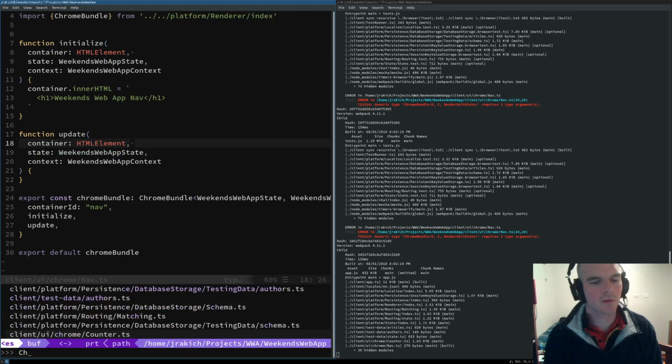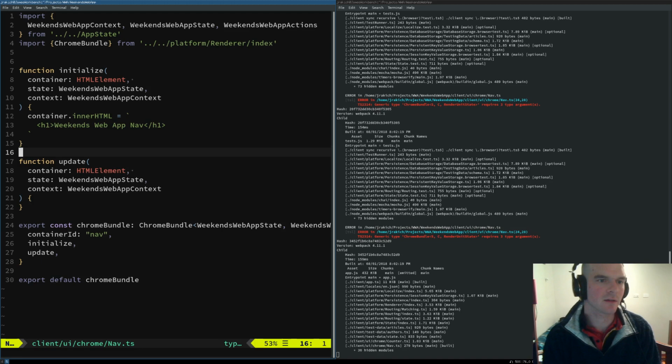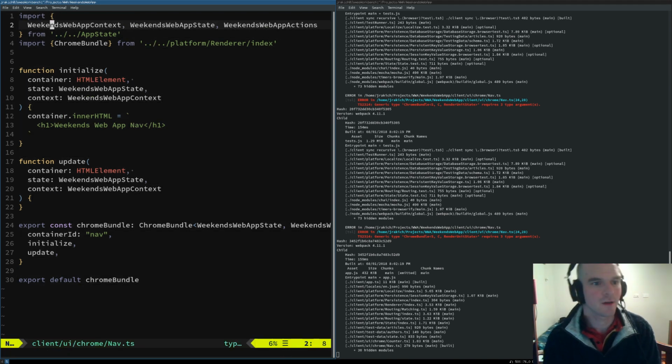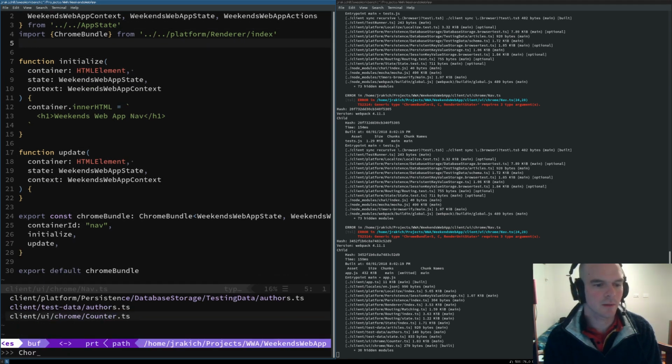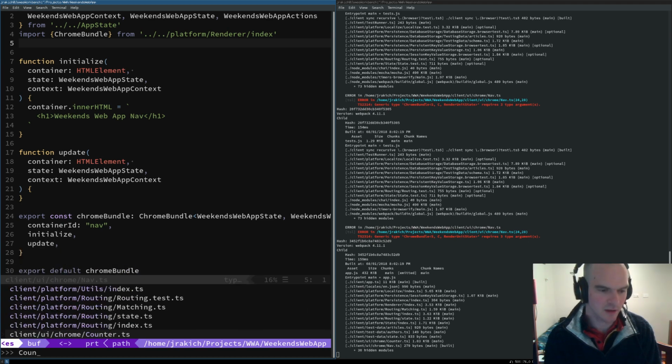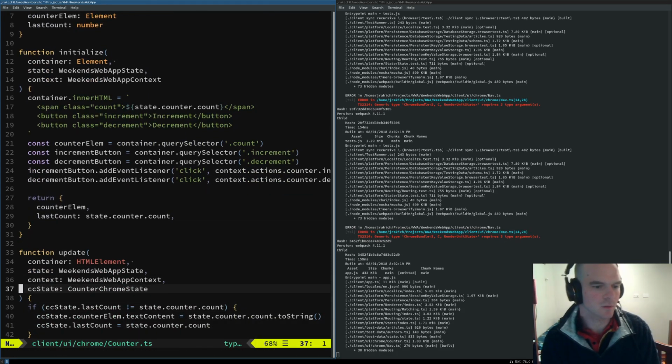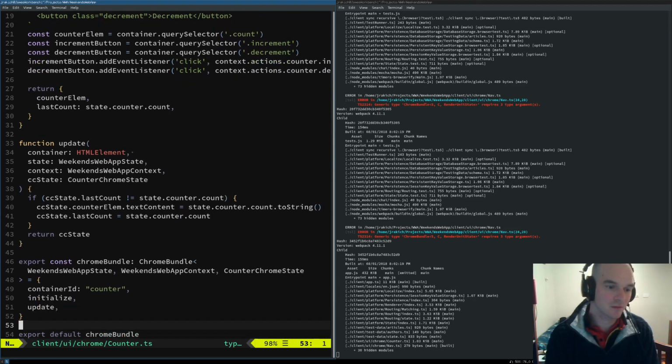So this Chrome concept allows us to define some content, such as this navigation, which doesn't have a whole lot in it, and in addition to that, this counter that sits in the footer. And we can keep all the logic together, we can initialize it, and then we can update it. So that's all we need for Chrome, mainly because this is persistent UI. It hangs around. We don't get rid of it or anything like that. So we don't need to do anything more with it. With our